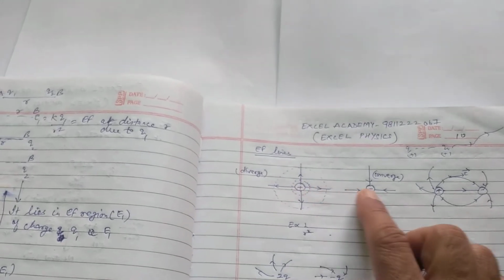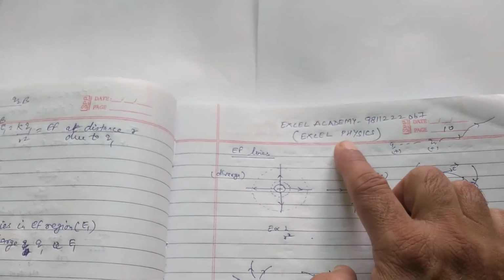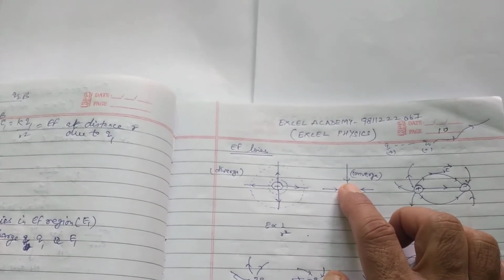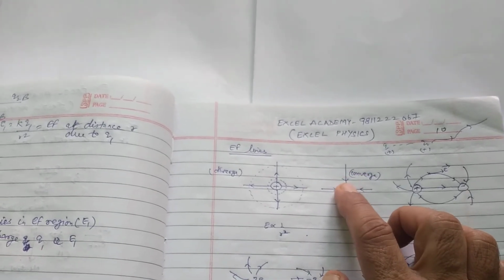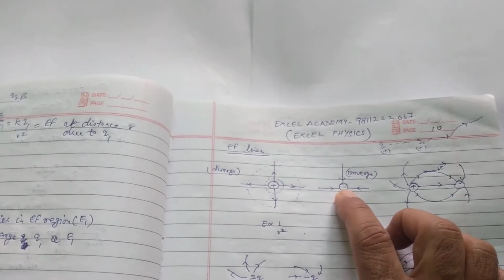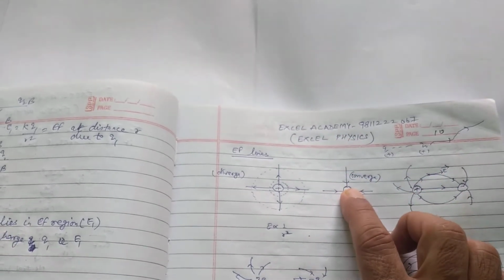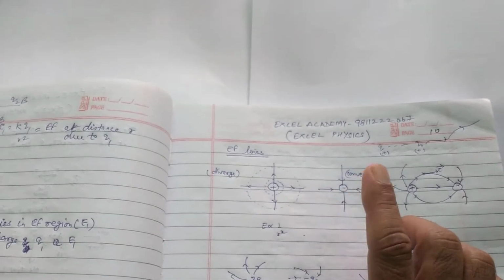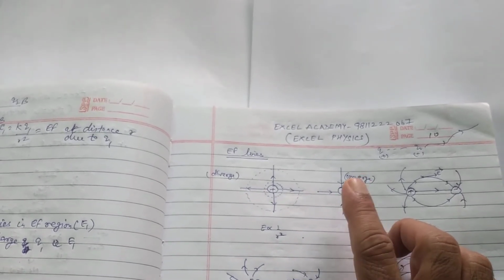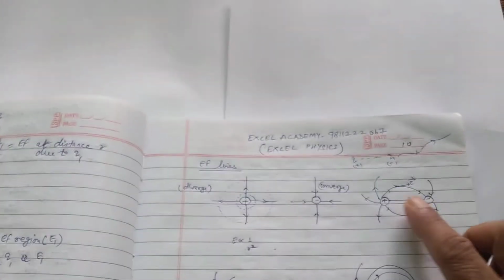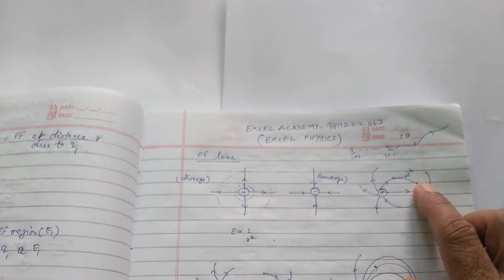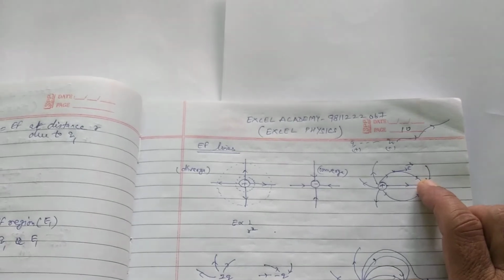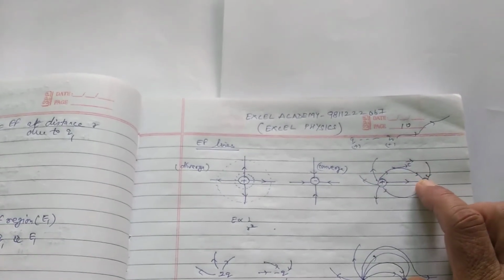If this source charge is negative, then definitely the test charge is going to be attracted, because we know that the test charge is positive in nature. So when that test charge moves towards this source charge, it is going to follow this path. So I can say electric field lines terminate at negative charge. So this is the first property, that they originate from positive and terminate at negative. So it means that these electric field lines will be directed from positive to negative.